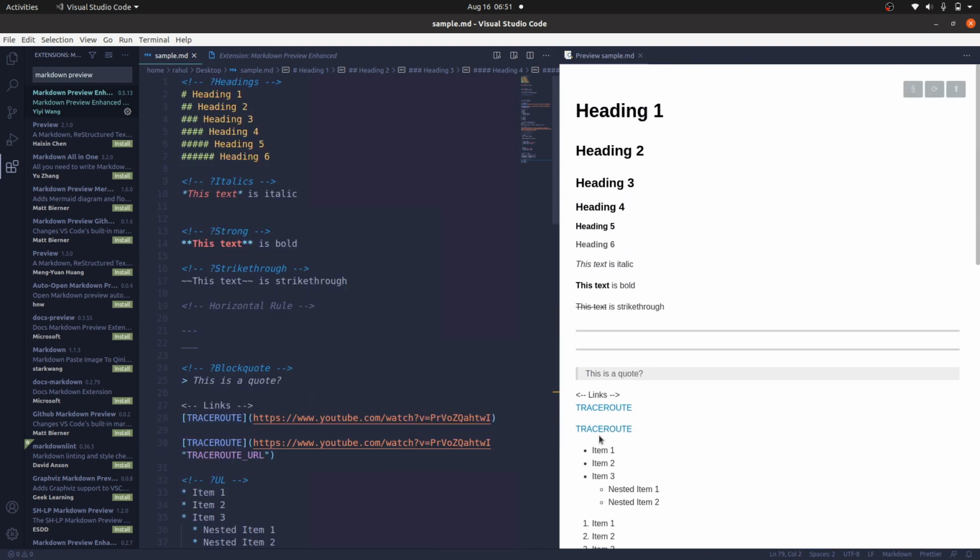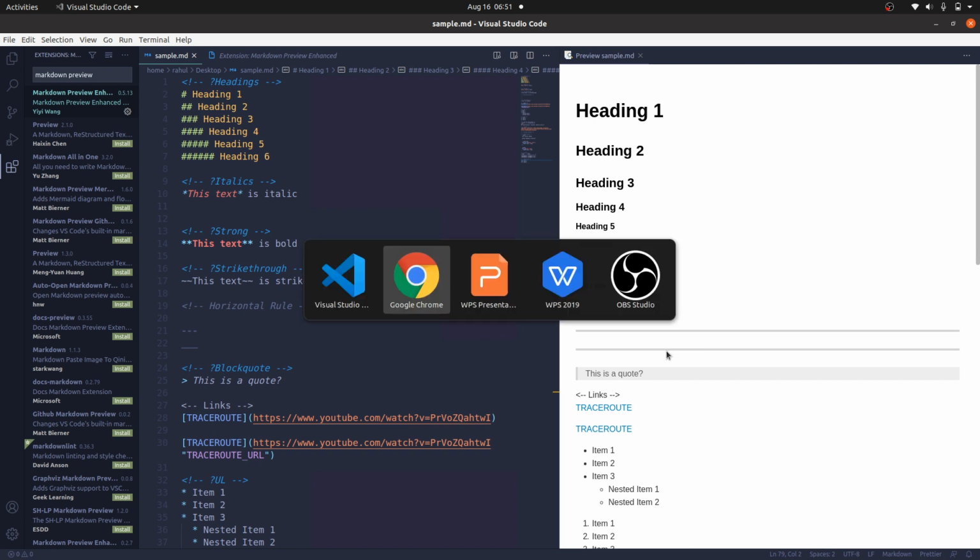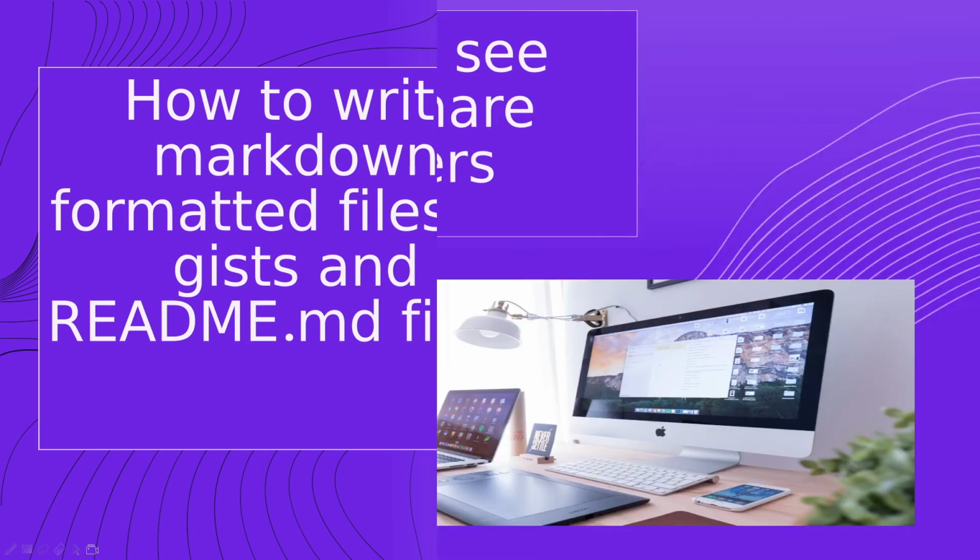Okay, knowing all that, knowing how to render a GitHub markdown file, let's see the end slide.